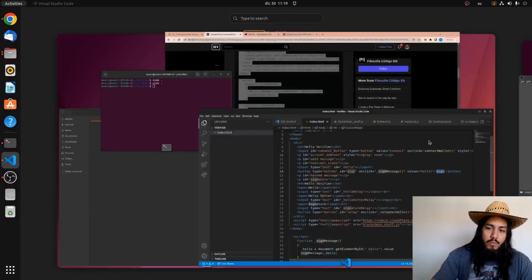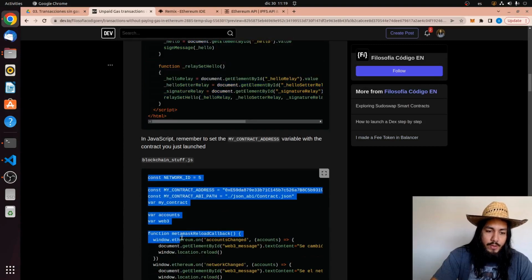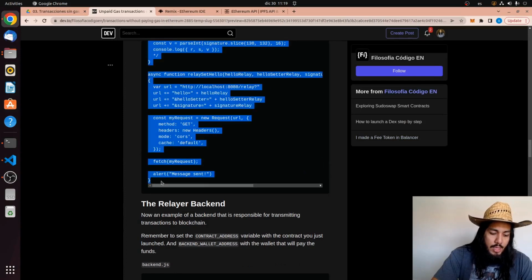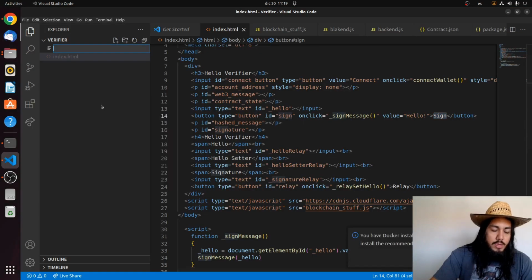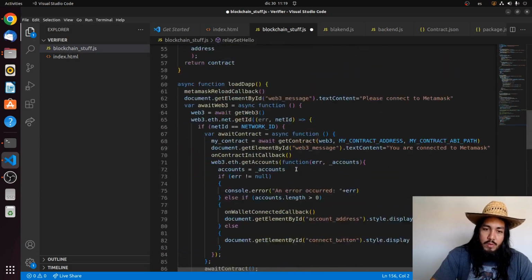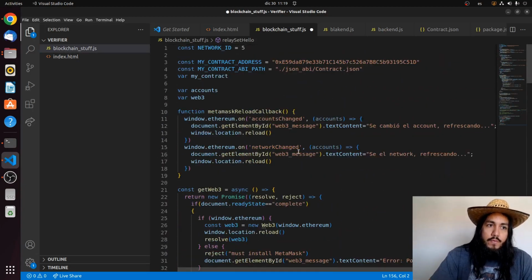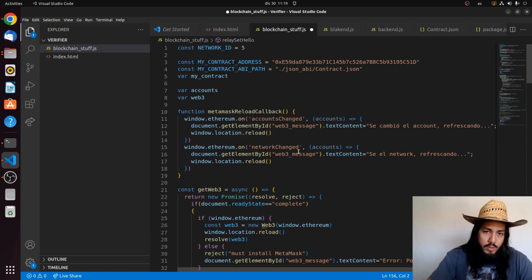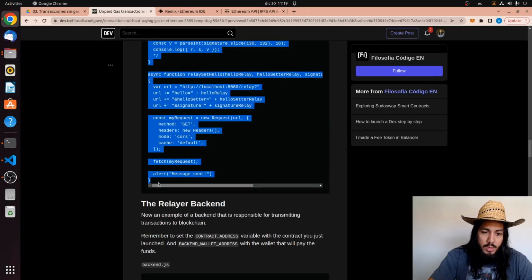The sign button will pop up MetaMask, and the relay button will send the message to a backend that we're going to build in a moment, and this backend is going to serve that to the blockchain. So yeah, I'm going really fast here, and if you have any question or something specific, I'm happy to answer. I'm just going to give you the general look of this project, so you understand what we're building. But yeah, if you have any question, I'm happy to answer that in the comment, because the